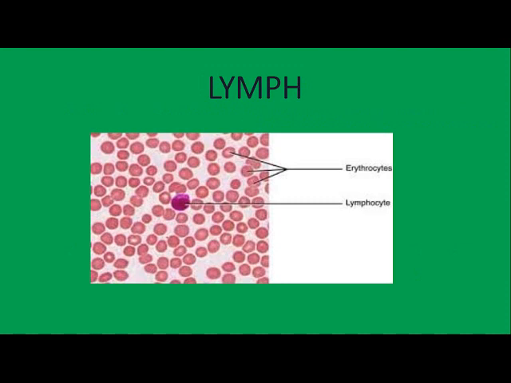Now, children, the next type of loose connective tissue is the lymph. Now, what is lymph and how is it formed? Let us understand. Children, you know that in our body animal cells are present, and the cell wall is absent. The cell membrane is highly permeable, and it all the time allows the movement of different types of molecules inside and outside the cell.